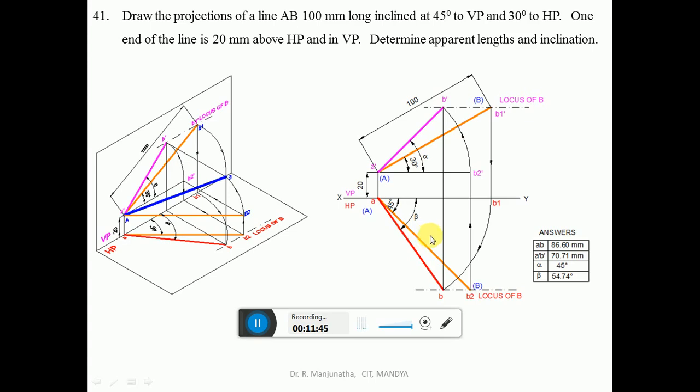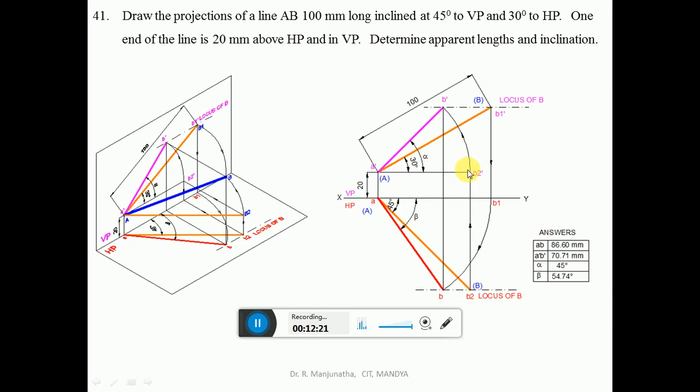Now similarly, we are going to consider the front view. To consider the front view, we have to take the true length of the top view. So we know that this is the true length in the top view. That means the true length in HP means it is parallel to HP. So that is, A dash is above the XY line by 20 mm. Therefore, B2 dash should also be above HP by 20 mm. Then only the line is parallel. So therefore, you draw a vertical projector from B2 to the front view such that it touches the locus of A in the front view.